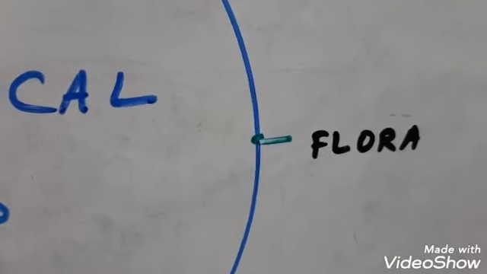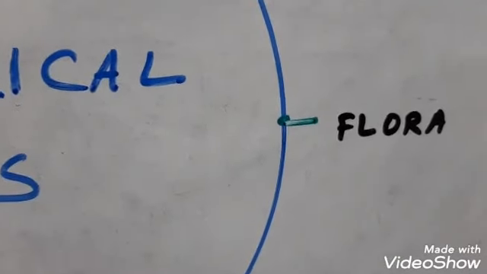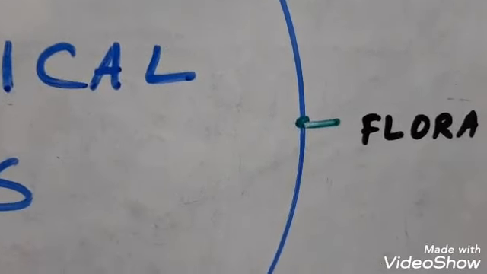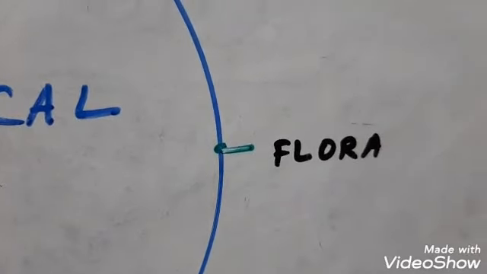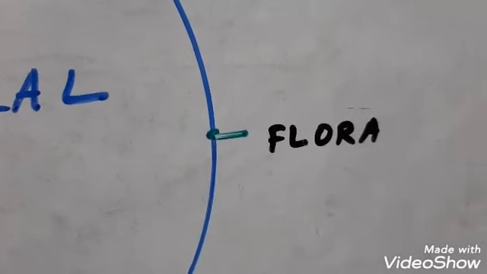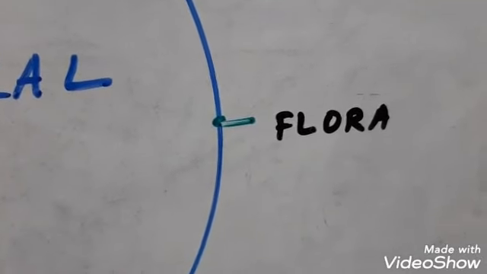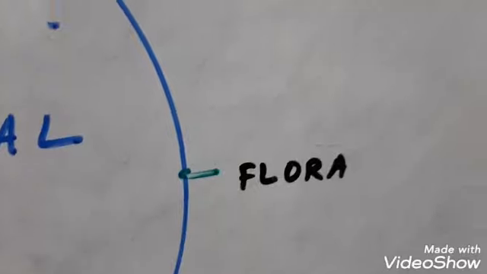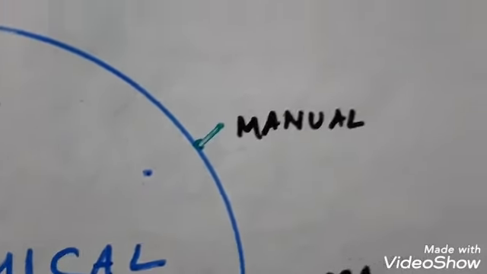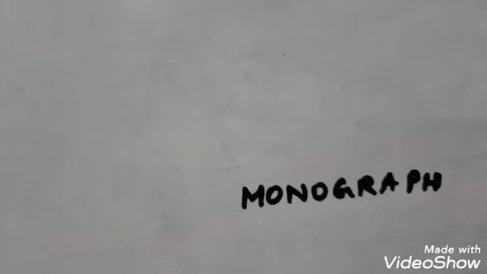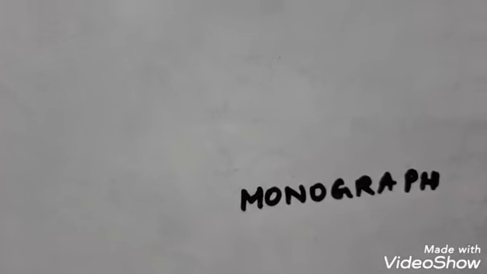Next is about flora. Now what is a flora? Flora is a taxonomical aid which is an important resource that provides information on the taxonomy, nomenclature and descriptive data for a plant which is newly discovered. Next comes monograph. What is a monograph? Monograph is a comprehensive treatment of a taxon in biological taxonomic studies. These contain information on any one taxon.